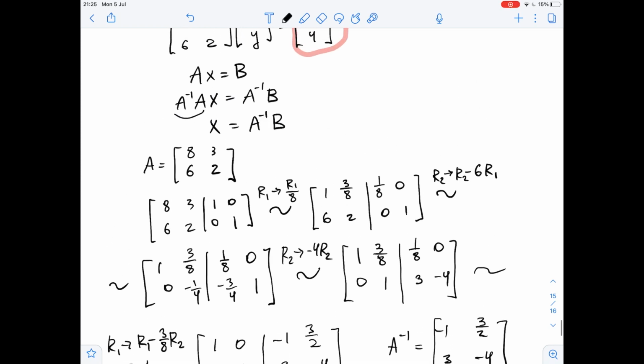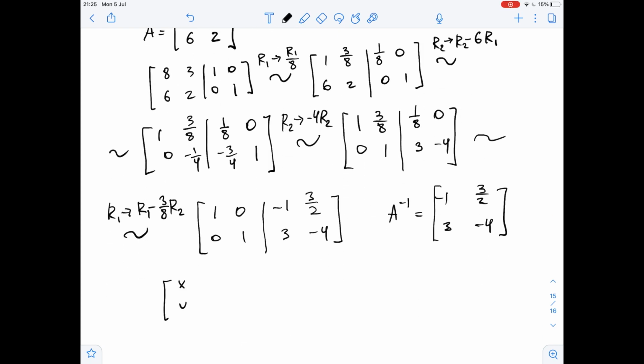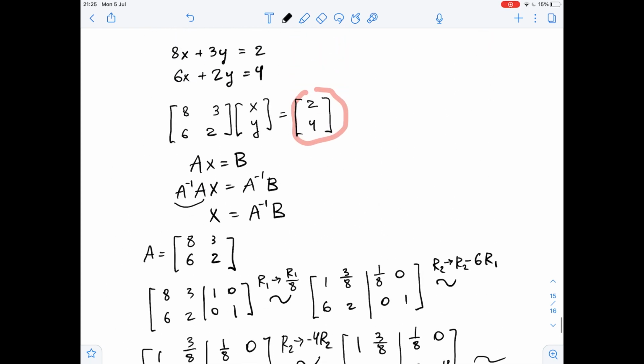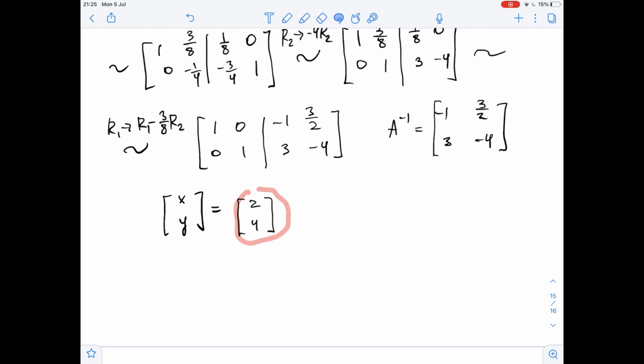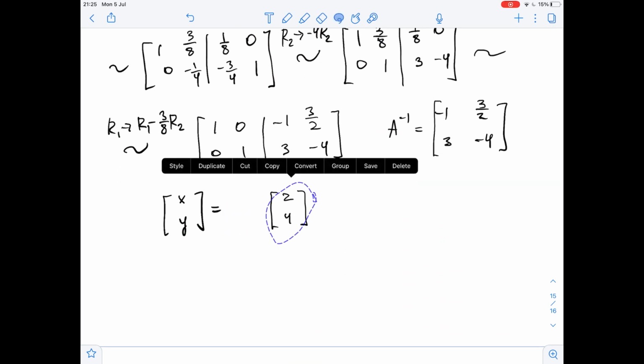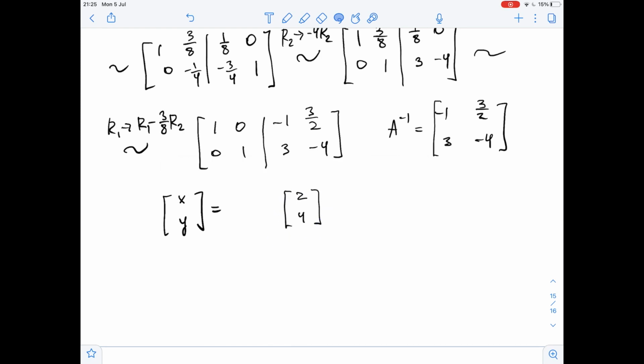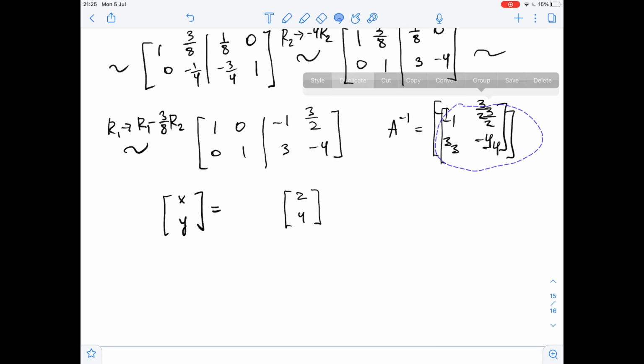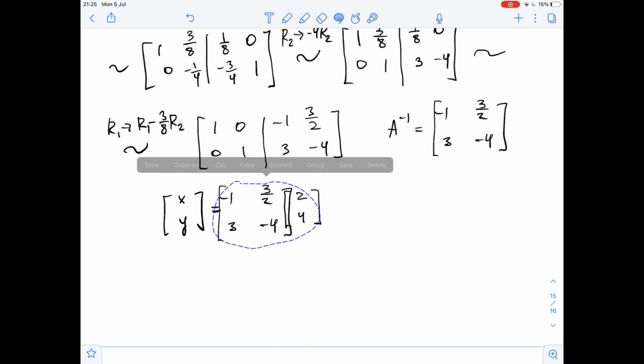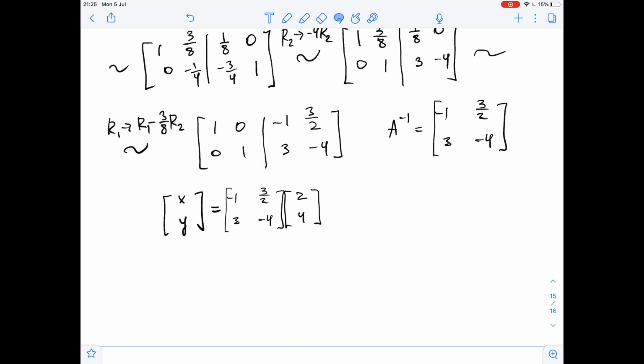So in order to find x, y, we need to multiply A inverse by matrix B, sorry for that. So we multiply A inverse by matrix B, and we get that x, y equals